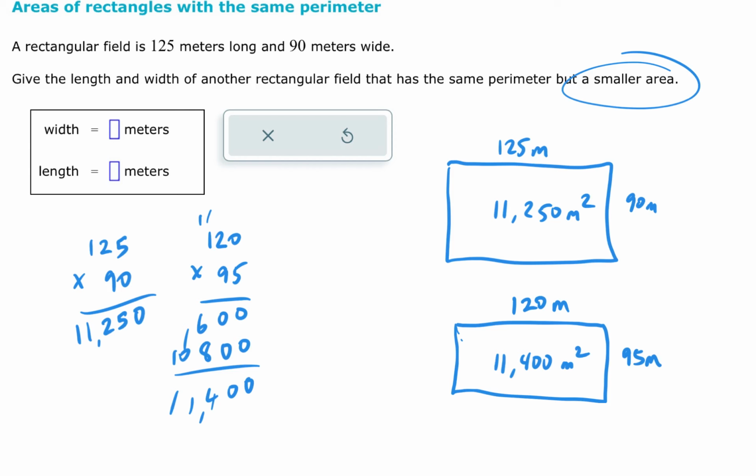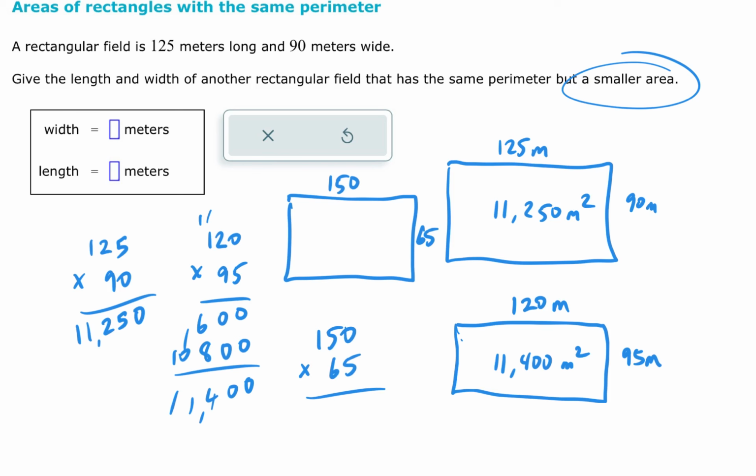So let's do the opposite. Except let's not do 130. Let's just go up. Let's go up by 25. So 150, which means we will have to go down by 25 right here. So if we go down by 25 here, we'll have what, 65? So that would be 65 meters. So let's find out what is 150 times 65. That's going to be 0, 25, 0, 30, and 9. Looks like it's going to be fairly significantly smaller, which is what we would expect,